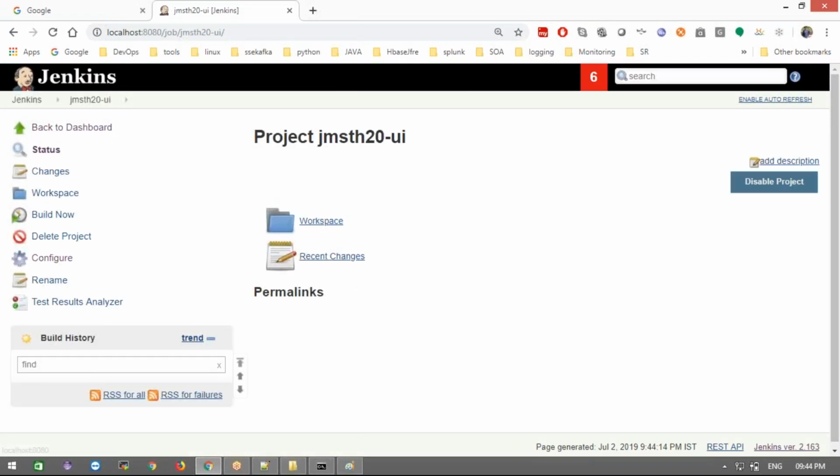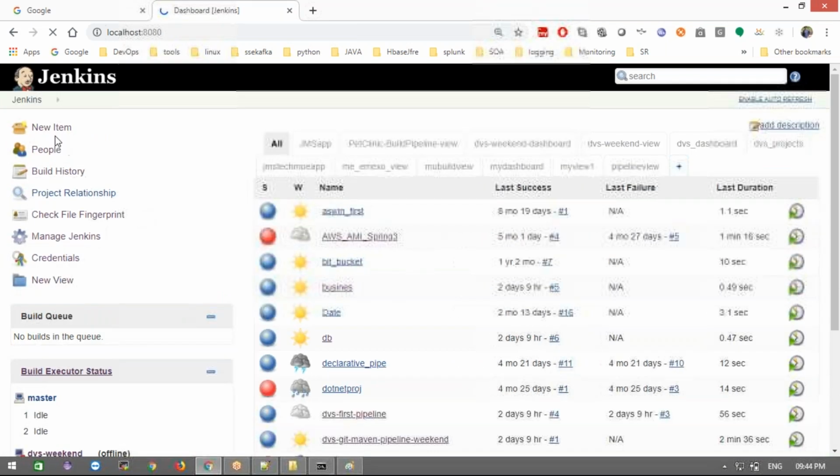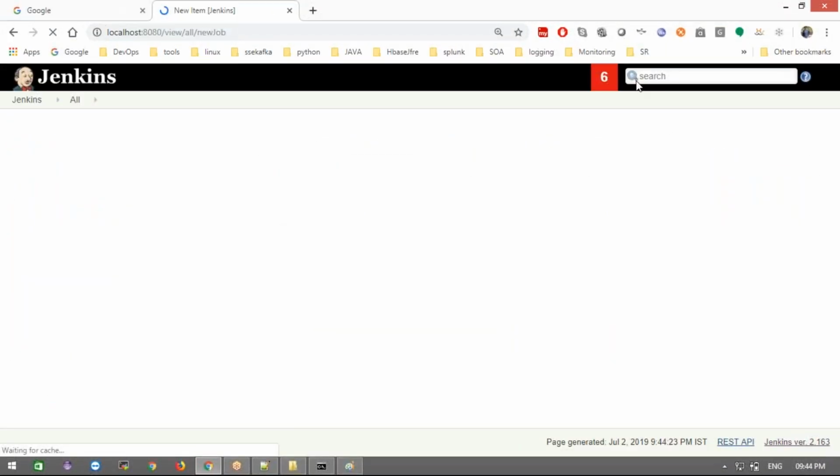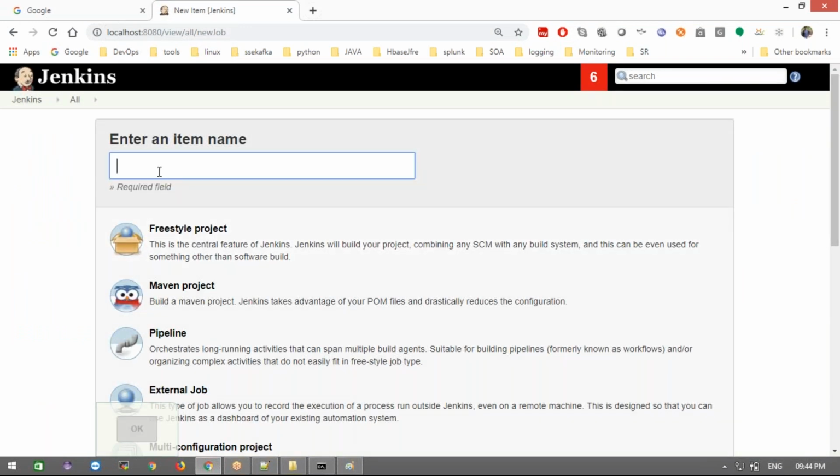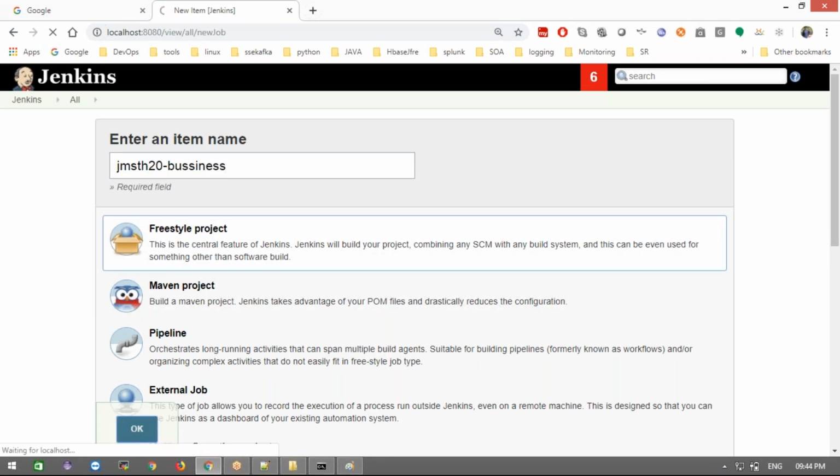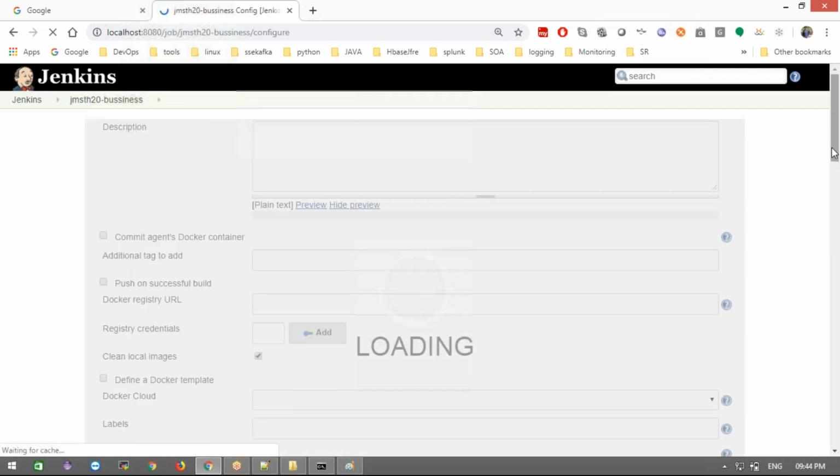And another project I'm going to create in Jenkins: JMSTH 20 business, a freestyle project. Now I'm going to configure it here.